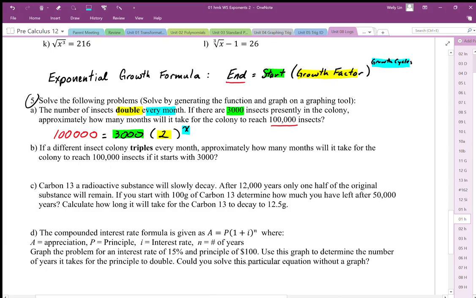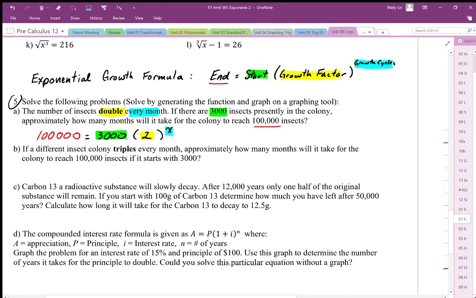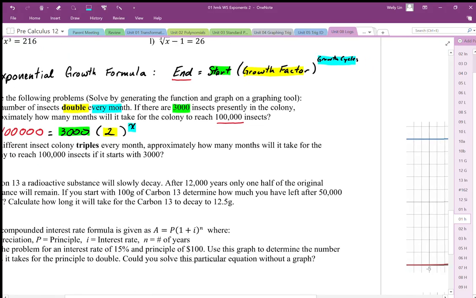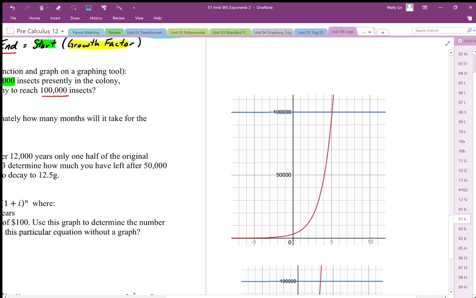So we're going to graph this equation, and the graph's going to look like this. So the 100,000 we're going to graph as one y value. And the 3,000 times 2 to the power x, we're going to graph as another value, and we end up with a graph that looks like this. There's our 100,000 along here. This is our exponential growth, and where they intersect then is going to give us